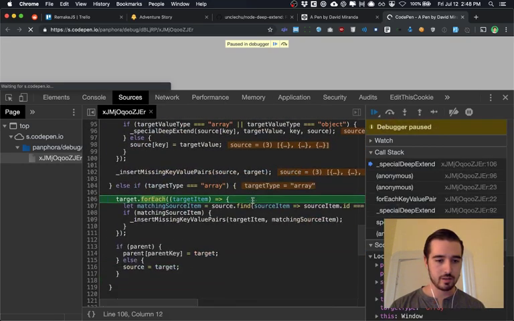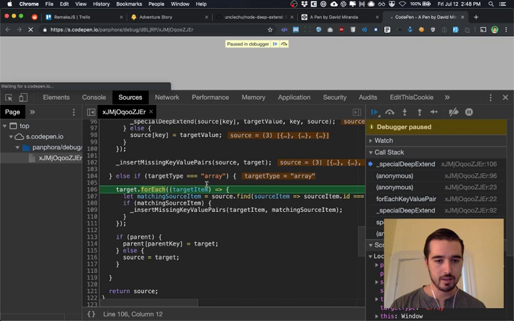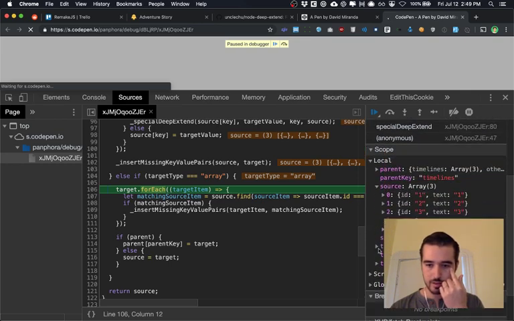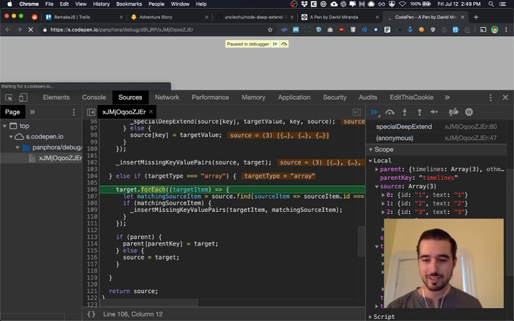Go into this part. And let's see, so we've got our parent object, which is the source object, like the main source object. And then we've got the parent key of timelines. And then we've got source and target, and they're both arrays. And let's just make sure that these are different. Yeah, those are totally different. See, we even have the different key value. Okay, so